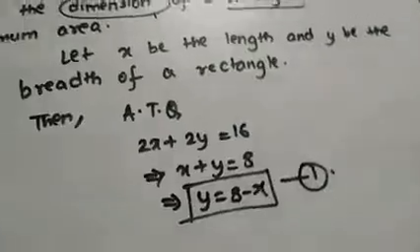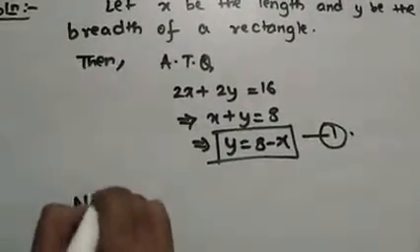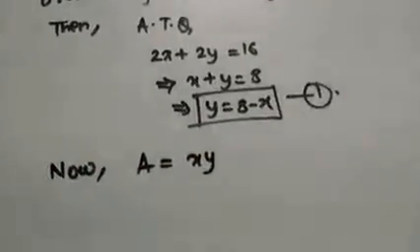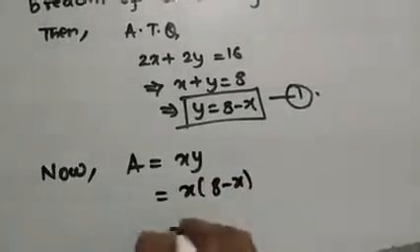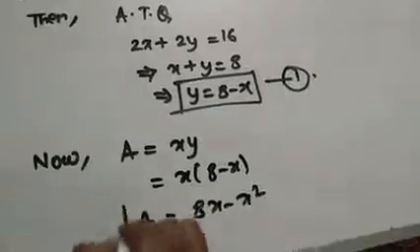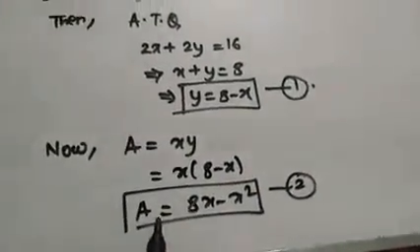Equation number 1. Now area A equals x into y. What is the y? 8 minus x, that is 8x minus x square. This is the area. Name this equation number 2. So we have to find the maximum of this one. That means what we have to do, first of all,